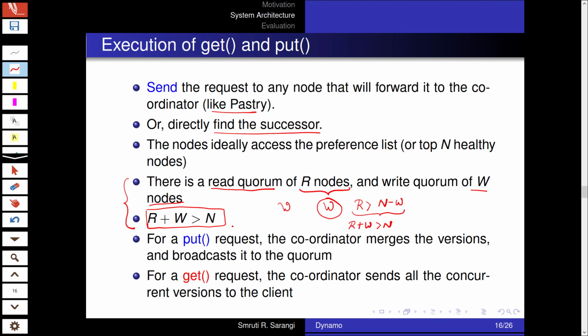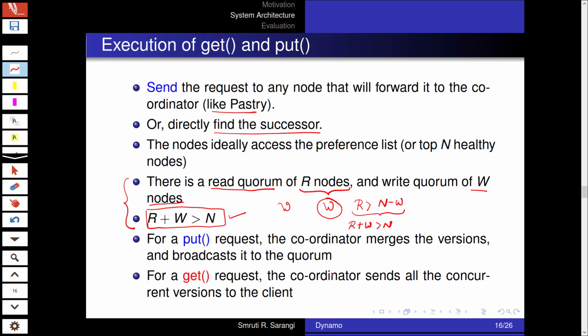So Dynamo does use a quorum system in the sense that all N servers of the preference list are not all used in the same way. We can designate some as read nodes and some as write nodes as long as this condition holds. For a put request, the coordinator merges the versions if it can and broadcasts it to the write quorum.